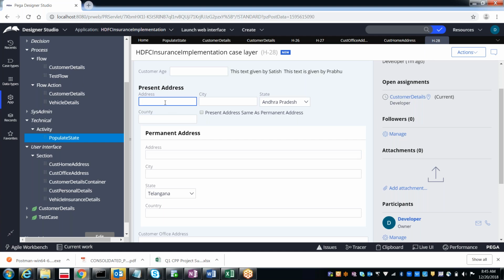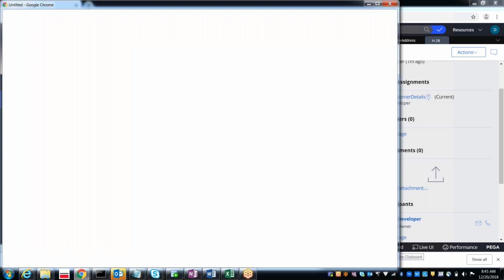By default, whenever you enter any of the details here, where exactly will these values be? In which property will they be? If you want to see all of them, you can see on the clipboard. But right now, these values will not be there on the clipboard.